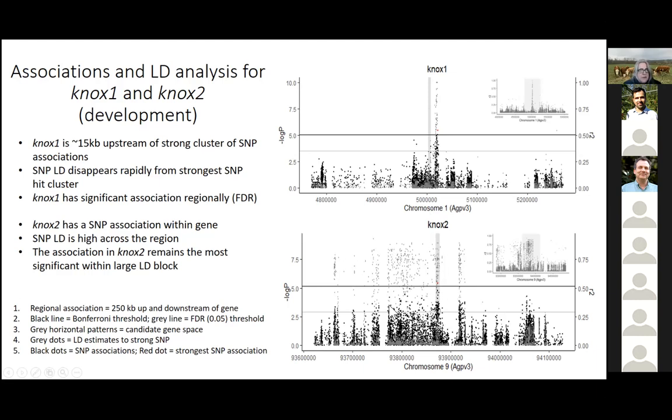The most compelling one, NOX2, there's actually a SNP hit, this red dot right within the NOX2 gene. And as you can see by the greater picture, when you scan out, there's a lot more LD. It's quite messy for LD, especially upstream of the gene. But what remains is that this gene is the strongest SNP association. So even though there's lots of LD, this does remain the strongest SNP association. And we know that NOX1 and NOX2 are involved in development. They have implications for lignin. So this remains more of a developmental lignin-related candidate gene in my mind.